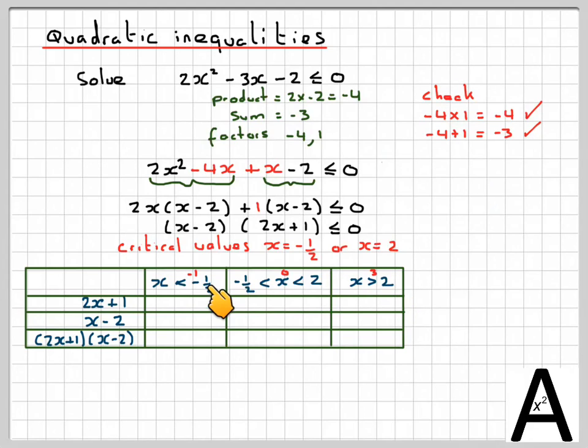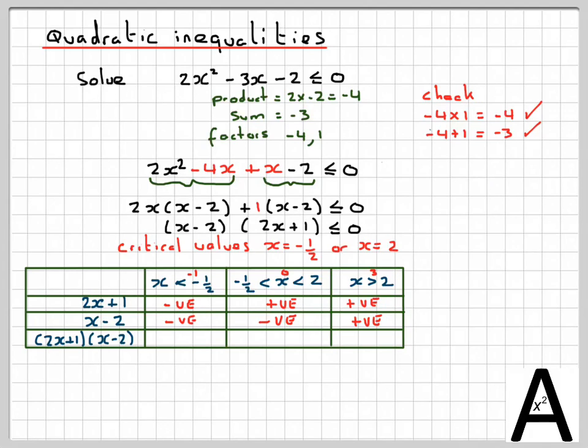And then you take these numbers and you substitute them into these brackets and work out whether the answer is positive or negative. If you substitute minus 1 in here, so minus 1 times 2 is minus 2, minus 2 plus 1 is negative, and so on. You put 0 in, this will be positive, and if you put 3 in, this will be positive. Again, now you do it for the second bracket. If you put in minus 1 take away 2 is negative, 0 take away 2 is negative,